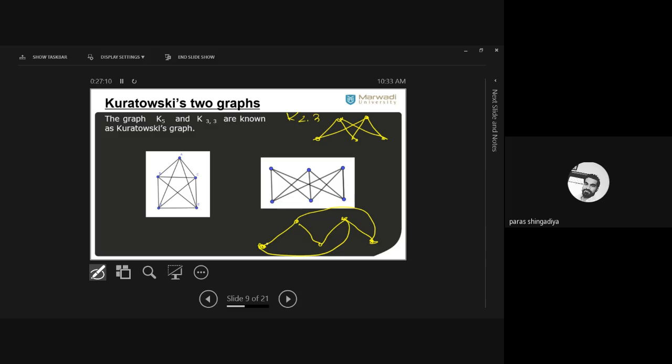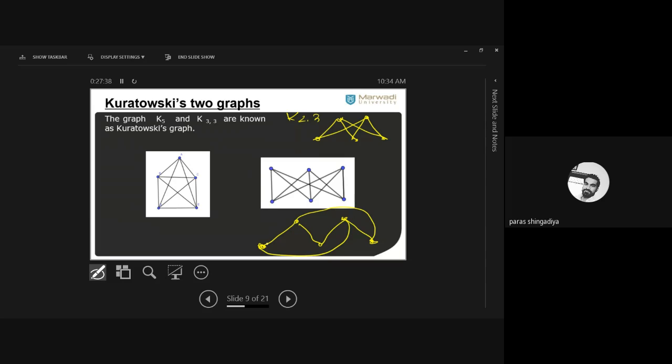Okay? So up to the K23, up to the K34, clear, we can easily make the planar form. But in the K33 shape, it is not possible to make the planar form. Here, embedding is not possible to convert this shape into a planar form. So in a complete bipartite graph, the minimum non-planar possibility is K33.